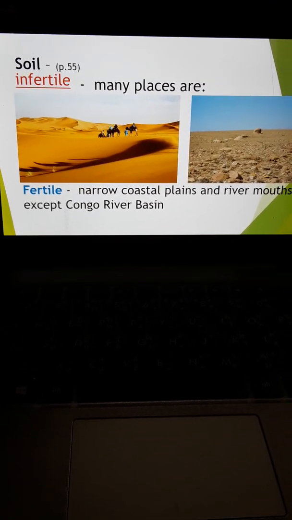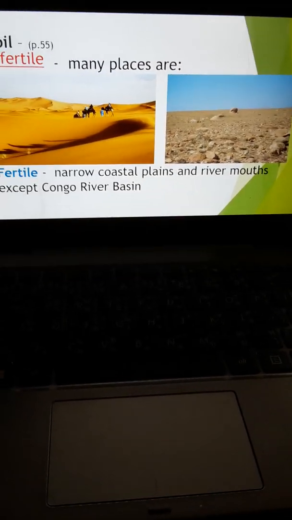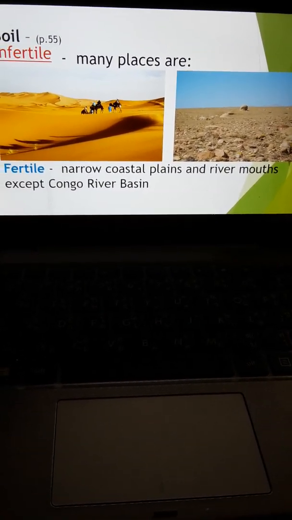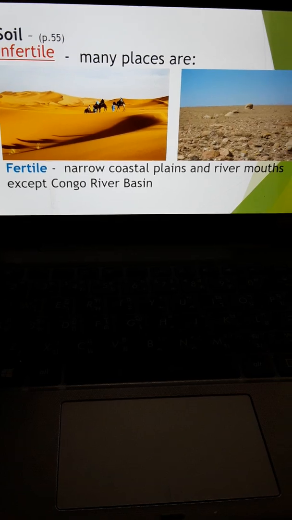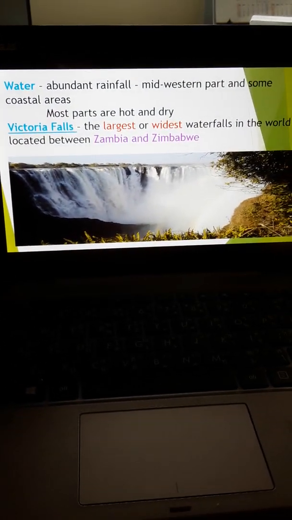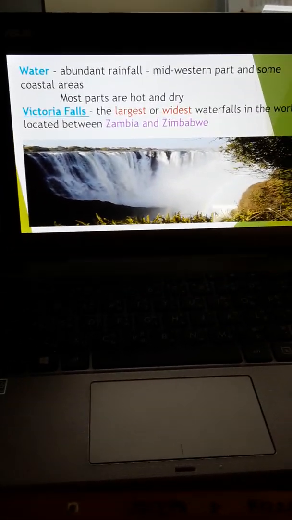But there is also fertile soil in the narrow coastal plains and river mouths, except in the Congo River basin. They are also abundant in rainfall, Midwest